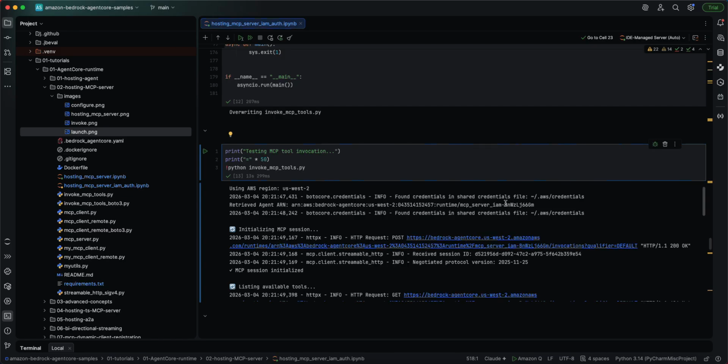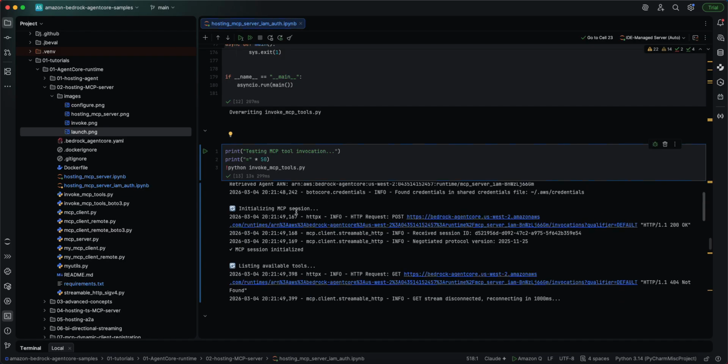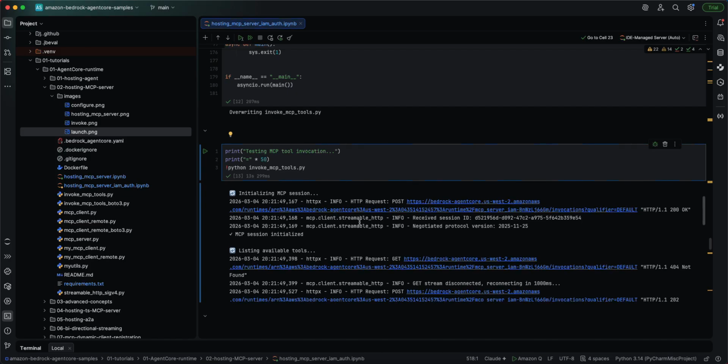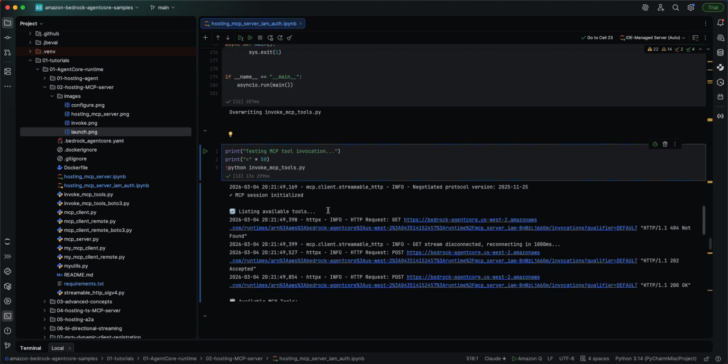Okay, so it's using my credentials, it's using the West region, it's initializing the session, it's using this streamable HTTP, it's negotiating the protocol version. So the session is initialized, it's listing the available tools,